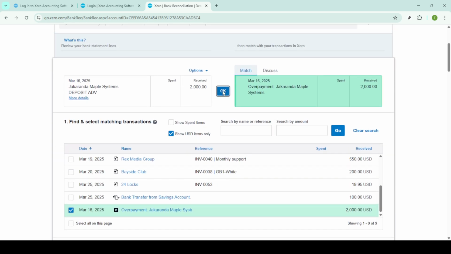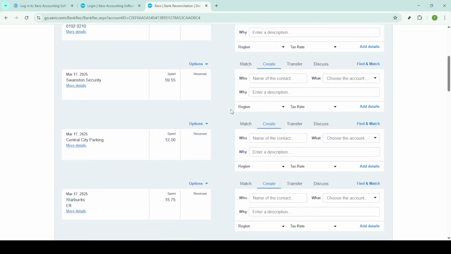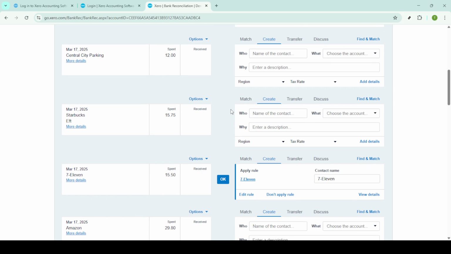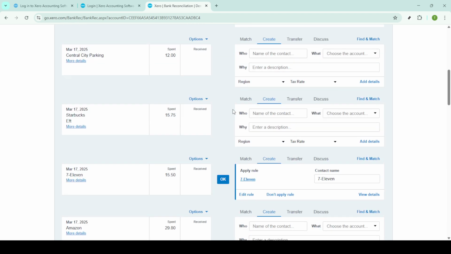Finally, now that your transaction has been saved, you can proceed to reconcile it. Click on Reconcile and then confirm by clicking OK. This final step confirms the reconciliation of that specific overpayment or credit note, ensuring your accounts remain perfectly balanced. That's all there is to it. By following these steps, you have successfully reconciled an